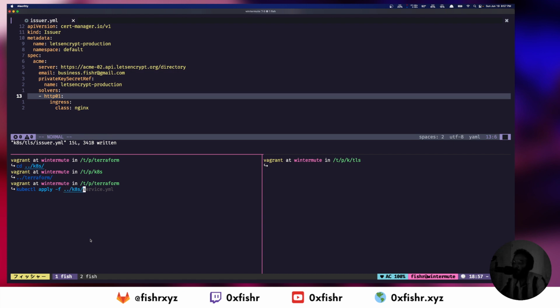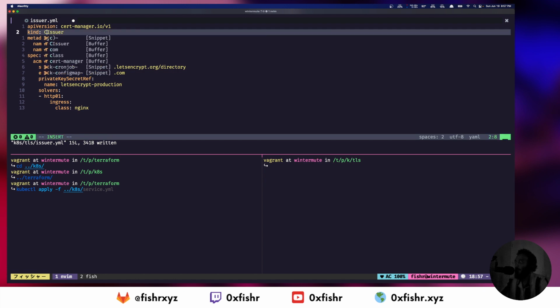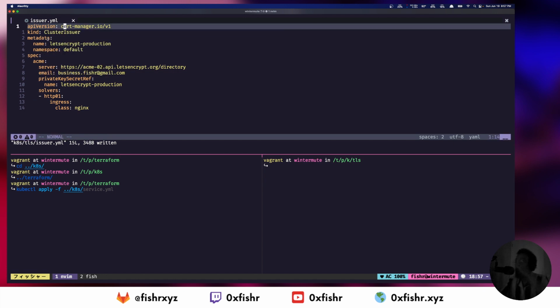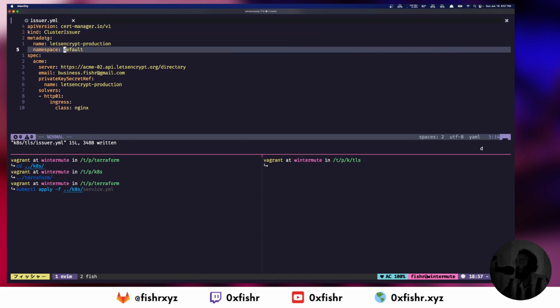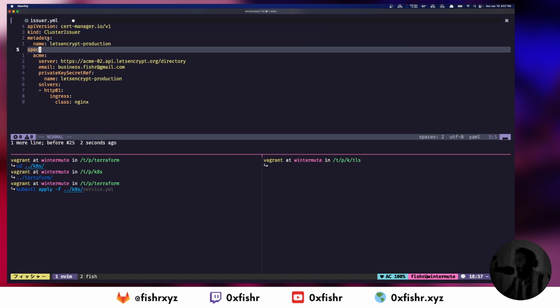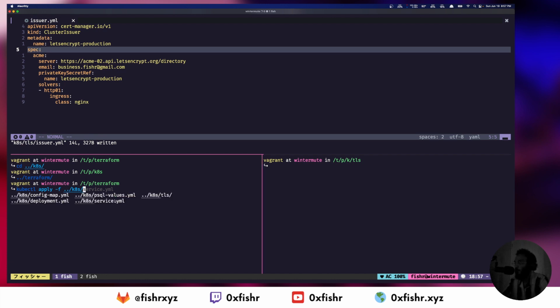k8s. In fact, we'll need to change this to be cluster issuer, because if we leave it at that, we'll need to add a namespace, right? So this is going to apply to all namespaces. So we'll do k8s TLS issuer. All right, it's created, and so now if I do kubectl get issuer,